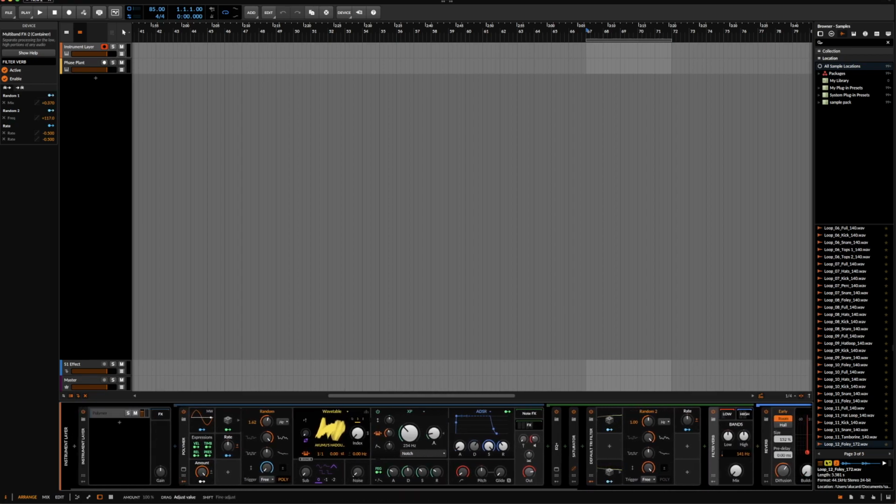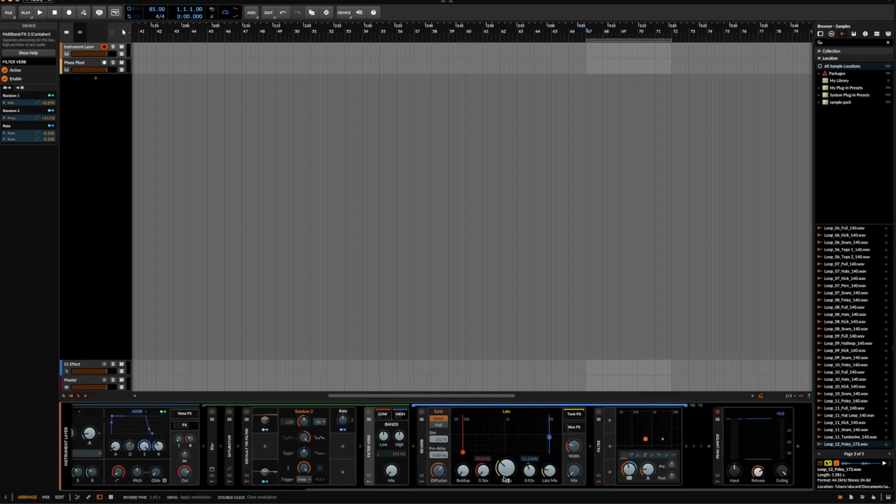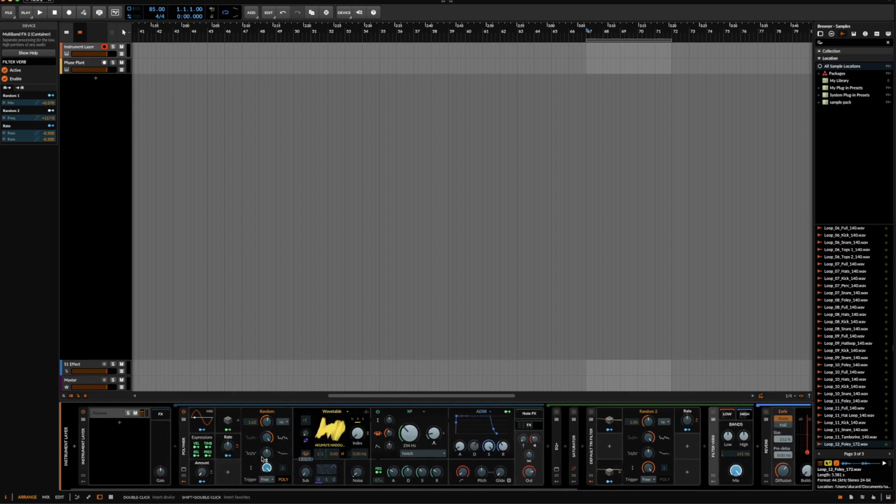The other thing that we need to do as well is that we need to turn the amount here into the mix, so that way everything is going to turn on with itself. So if I turn this off, it's just going to be the normal Reese, and then if I turn this on,